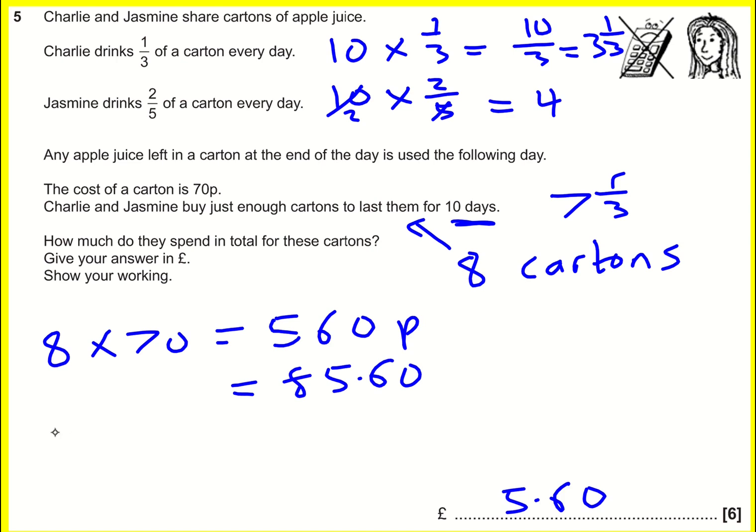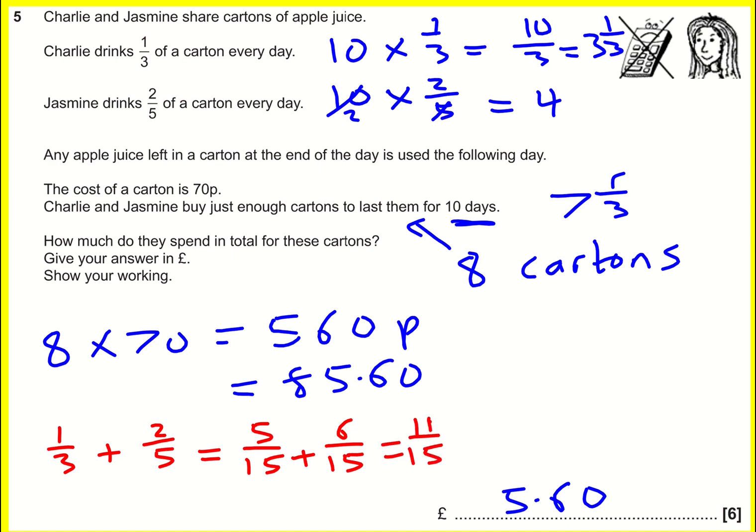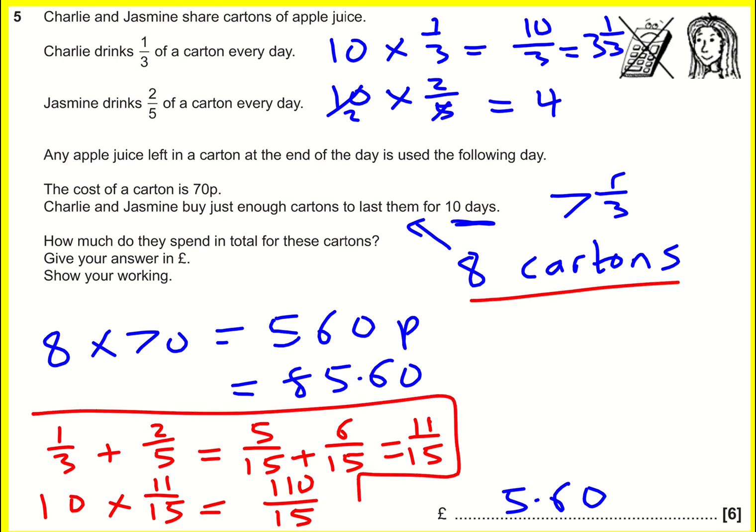The other way you could do it would be you could add the fractions, so you could do a third plus 2 fifths, use a common denominator of 15, so 5 over 15 plus 6 over 15 is 11 over 15. It's not very nice, this. And then do 10 times 11 over 15, which is 110 over 15. And if you work that out, you'd get 7 and a third. And then you'd have to go for the same method from there. I think this is a bit more complicated because you're having to add fractions and the like, but it could work. Anyway, final answer there,